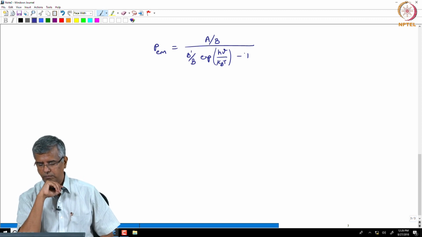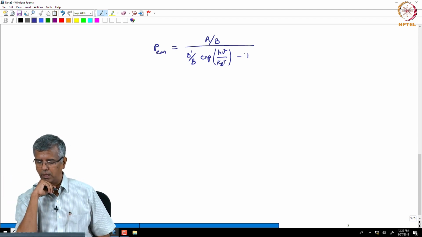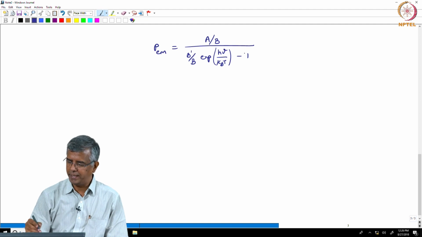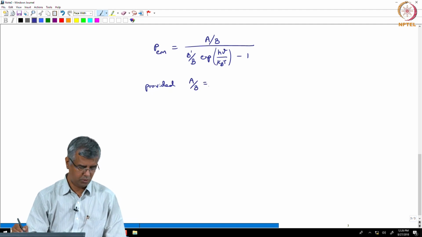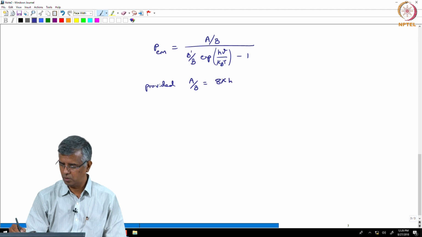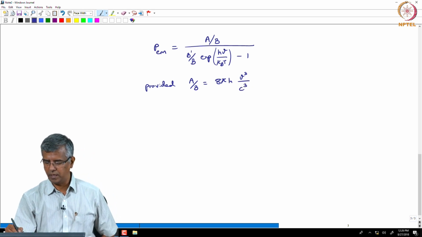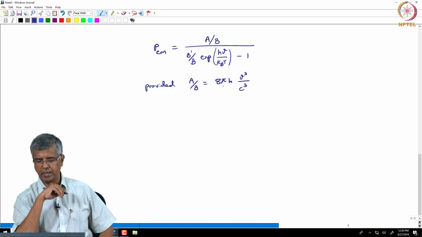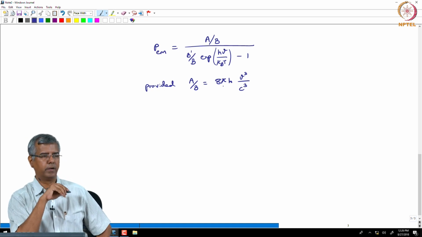And Einstein just observed that this is once again very similar to what Planck had observed, provided A over B can be substituted by what Planck had derived as this factor, 8 pi multiplied by Planck's constant multiplied by nu cube over c cube, which you can choose to write as 1 over lambda cube,